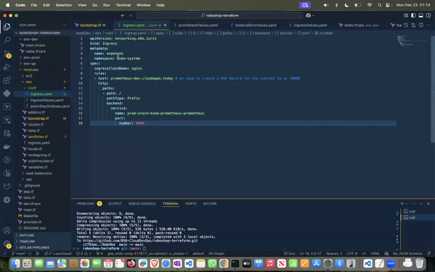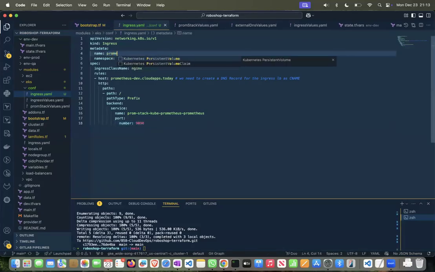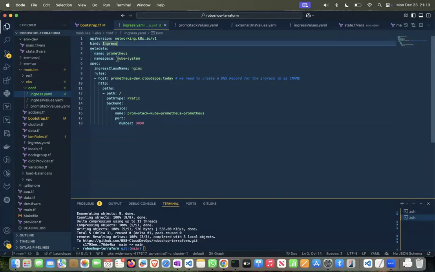That means if any of the requests, I'll just call it Prometheus, which is available in kube-system. Ingress class is this. If someone comes and hits Prometheus dev on my load balancer, I should forward the request to this. Done. Likewise, I also want to make sure I do it for